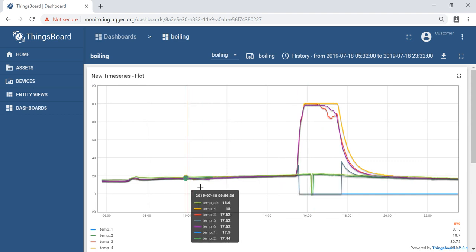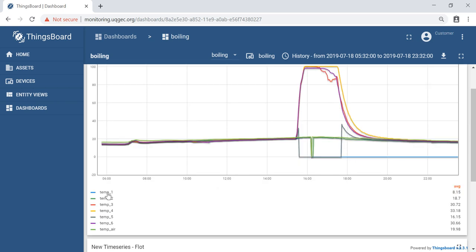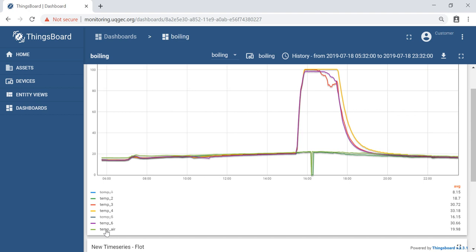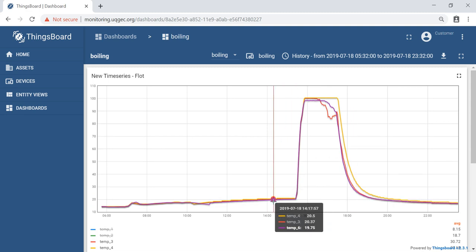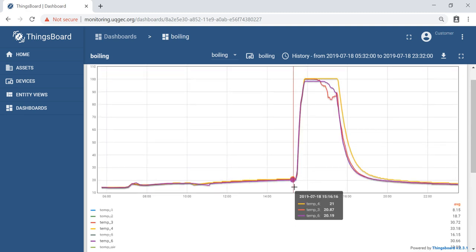So the blue one can be removed. The gray one can be removed. The green one could be removed, and the other green one can also be removed. So that's basically the pure data we need to focus on. And we could also further zoom in by